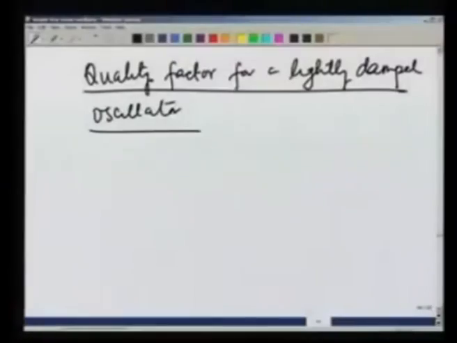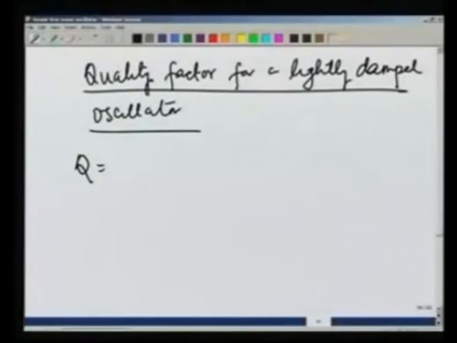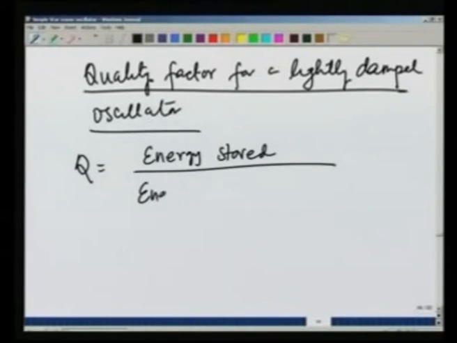So, the quality factor would be high when the energy stored is really large and leakage or dissipation of energy is very low. So, this is defined as energy stored divided by energy dissipated